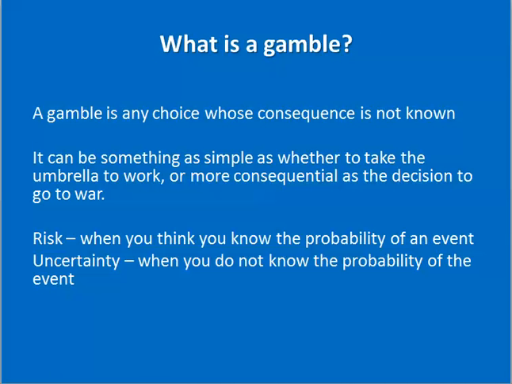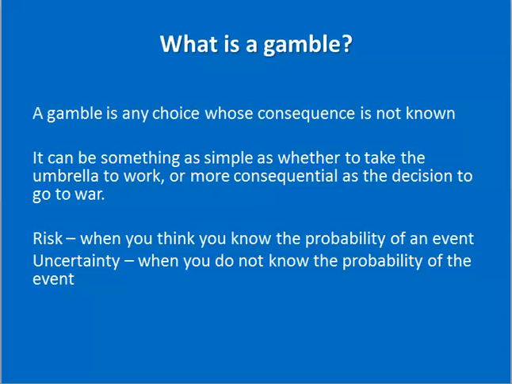Back to decision making. Decision scientists often use the term gamble. Now, it's not gamble strictly in the Las Vegas sense, although the principles are the same. A gamble is any choice whose consequences are not known. It can be something very simple, such as whether or not to take an umbrella to work, or more consequential, such as the decision to go to